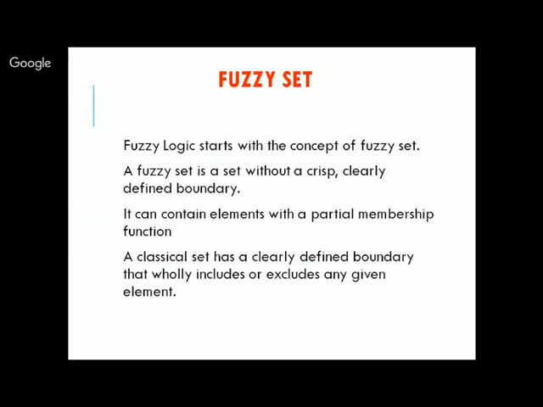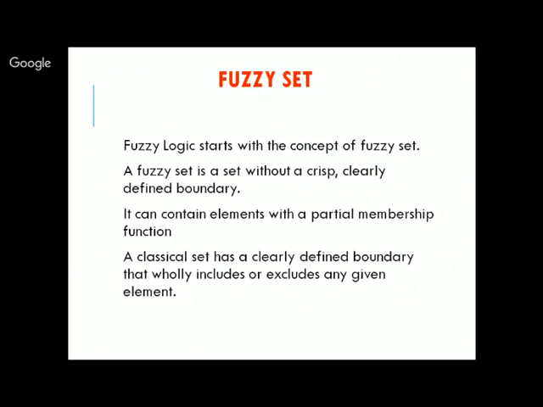In any classical set, if something is a member of the set, we say that the membership value is 1. If it is not a member, the membership value is 0. But in a fuzzy set, there are membership values between 0 and 1. That means there are partial membership values. So a member can have a membership value of 0.2 or 0.7 depending on its location in the set. A classical set has a clearly defined boundary, whereas a fuzzy set does not. So it can be a member, it cannot be a member, or it can have a